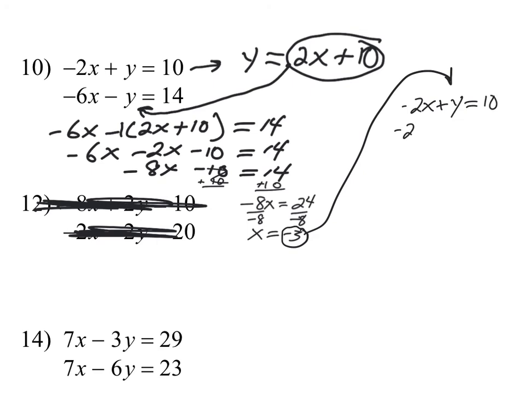So I have negative 2 times the x value, which is negative 3. Negative 2 times negative 3 is positive 6. And then I subtract 6 from both sides of the equation, and I get y equals 4. Remember, these zero out, and 10 minus 6 is 4. Okay, so my solution,